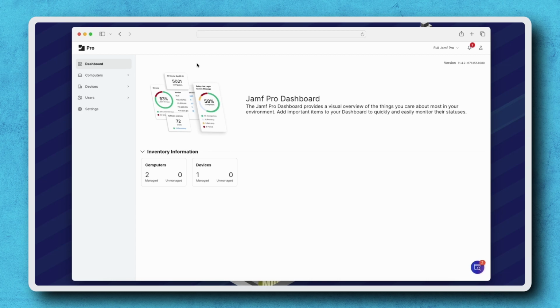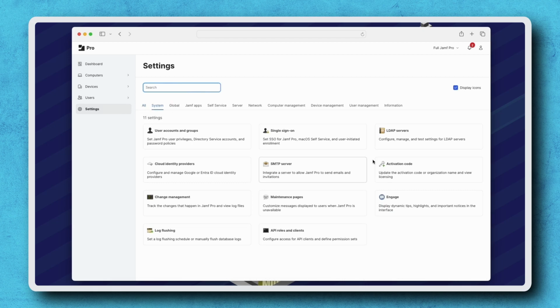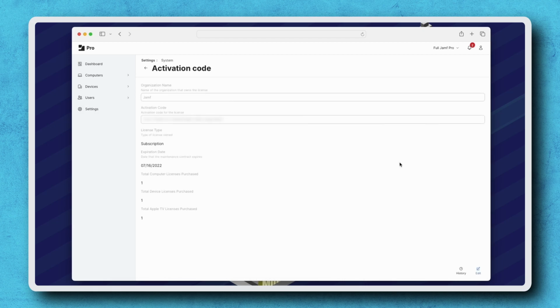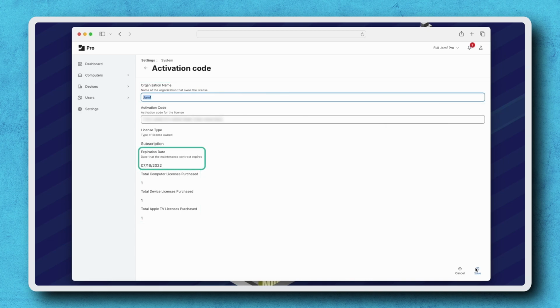From the Jamf Pro dashboard, navigate to Settings, System, Activation Code. Click Edit in the bottom right. Here we can update the name of the organization that owns the license, view the expiration date, and verify licensing information. We can see that my demo instance's activation code has expired, so let's open a new tab or browser